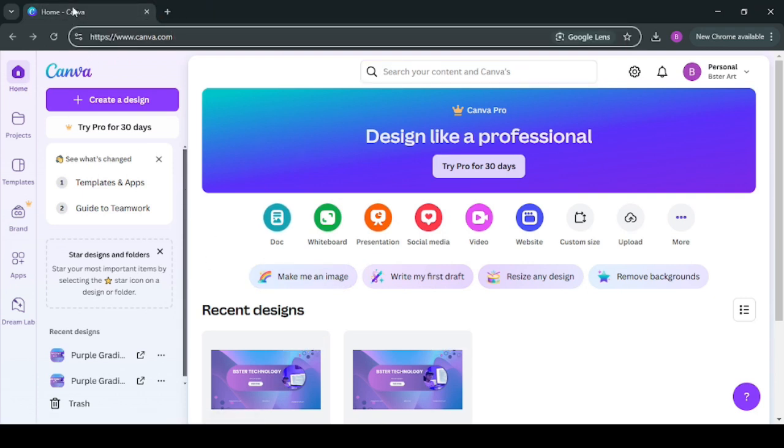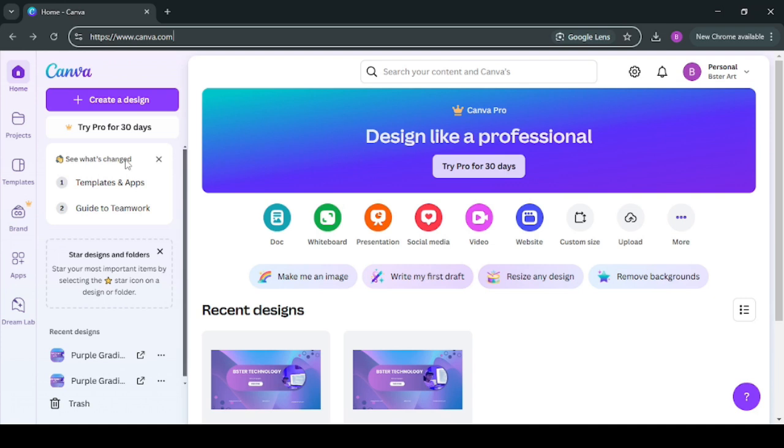How do we design with Canva? In Canva, we already have pre-made templates. We have a lot of templates in Canva. So we have pre-made templates, we have free templates, and we have paid templates. Canva is divided into two: we have the free version and the pro version. So if you are using the pro version, you are definitely going to get most of the